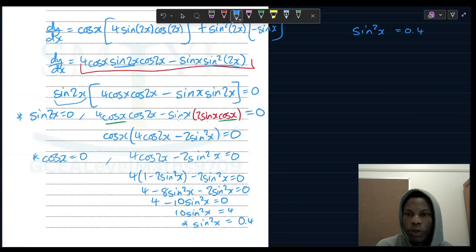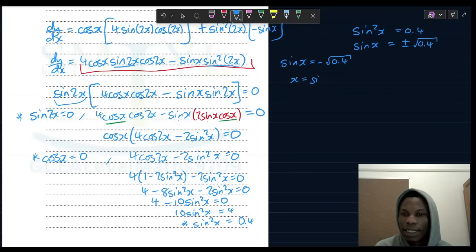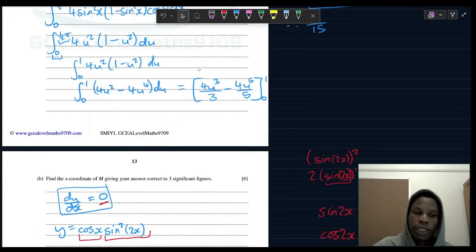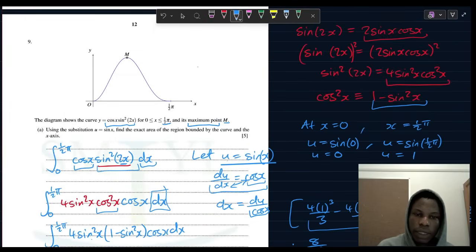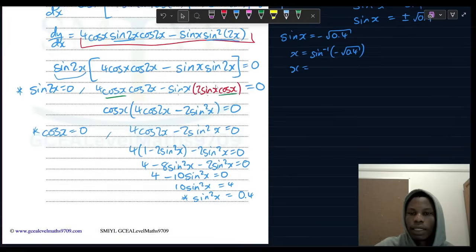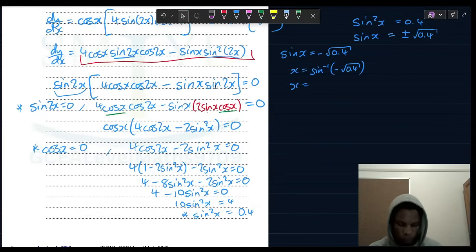We can take the square root on both sides so that we have sine x is equal to plus or minus root 0.4, which gives us two equations. So either sine x is negative root 0.4, and so x is arcsine of negative root 0.4. Are we in degrees or radians? We are in radians, and x has to be between 0 and pi over 2. Okay, so change your calculator to radians, and we want arcsine of negative root 0.4, which gives us